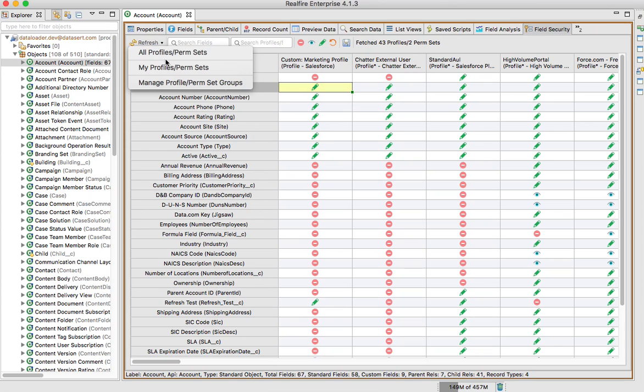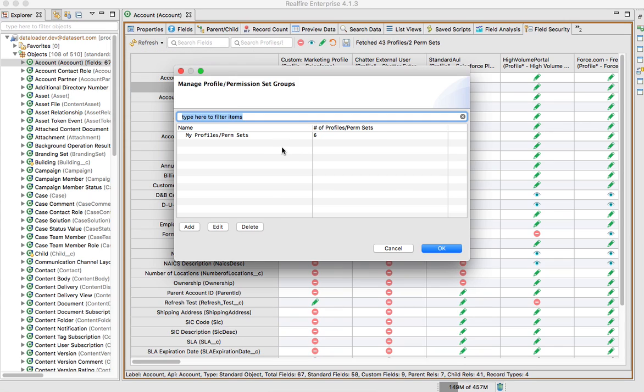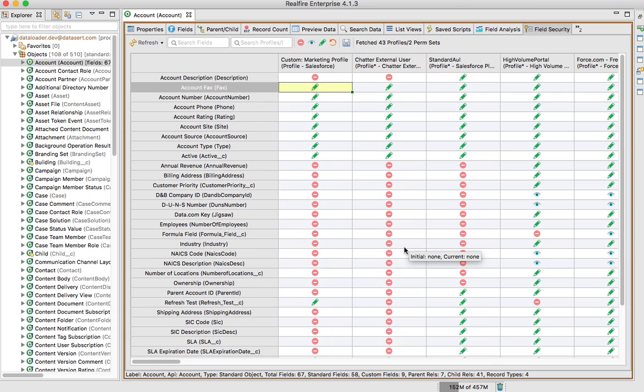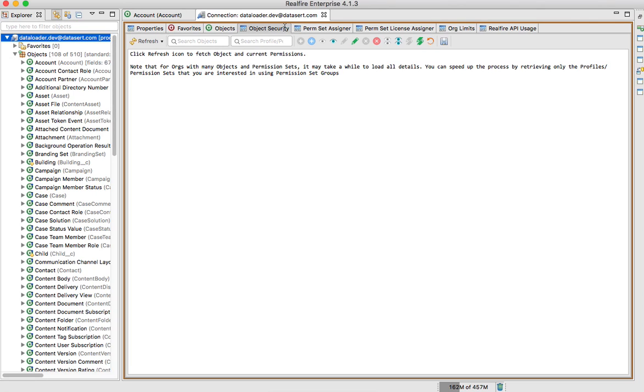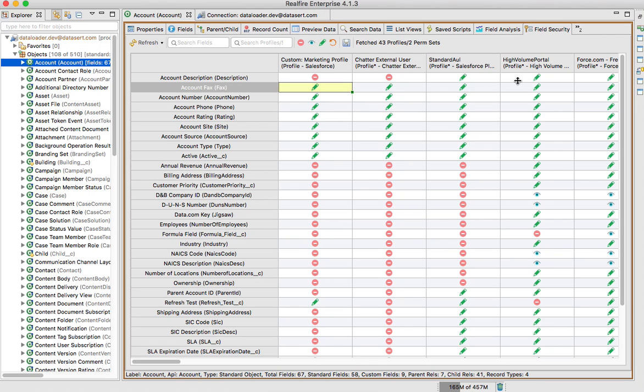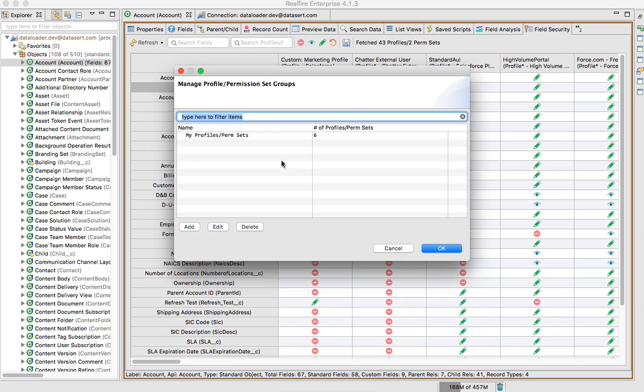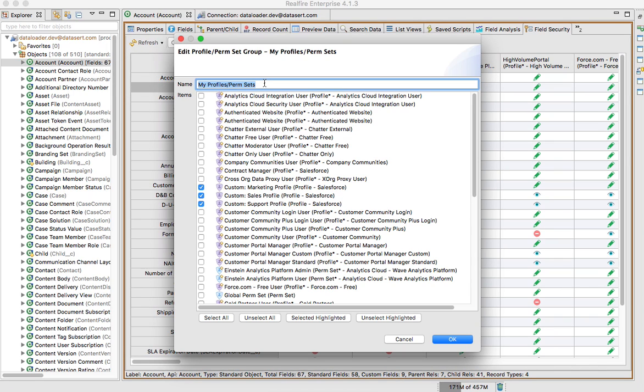If you care about only a few profiles and permission sets that you always make changes to, you can create profile and permission set groups. These groups are stored at the connection level, and they are shared between the other features that need profiles and permission sets. For example, they are shared between the object security, the perm set assigner, and of course the field security in this particular tab. To access that, click on refresh and manage profiles, and you can create one of these custom profiles,